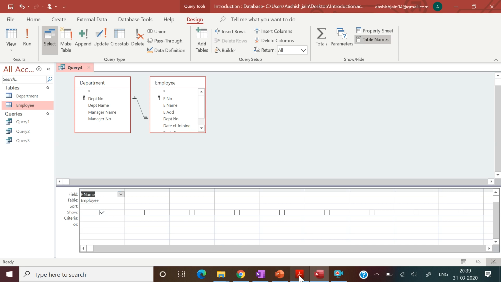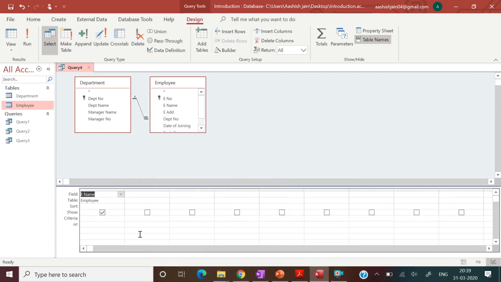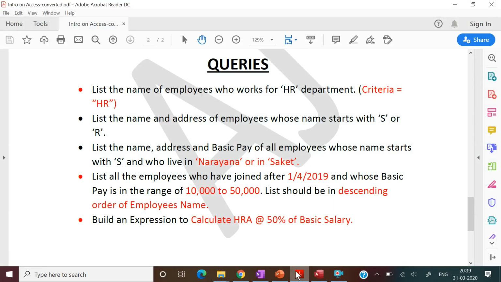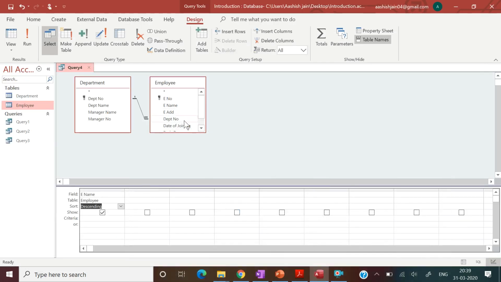Yes, we need descending order, so here you can see sort. Select descending. Then next one is the date of joining, which is in the employee table.